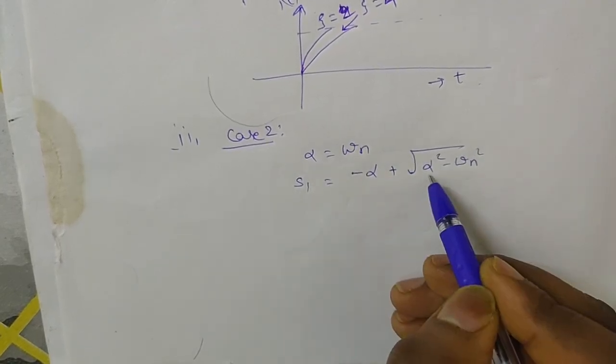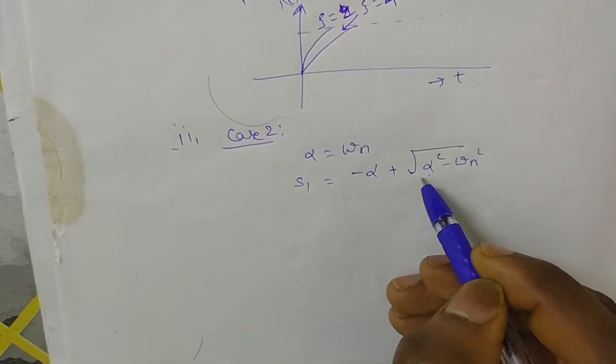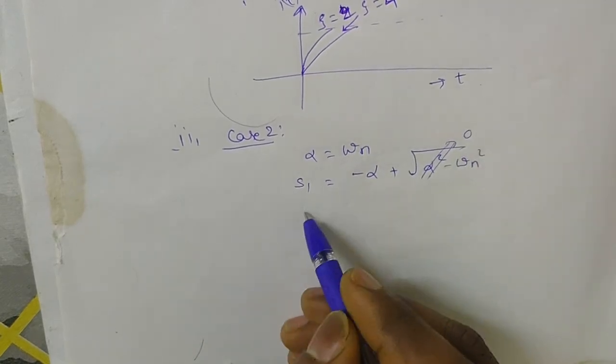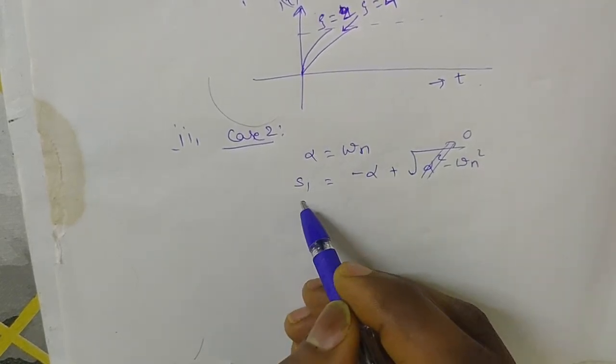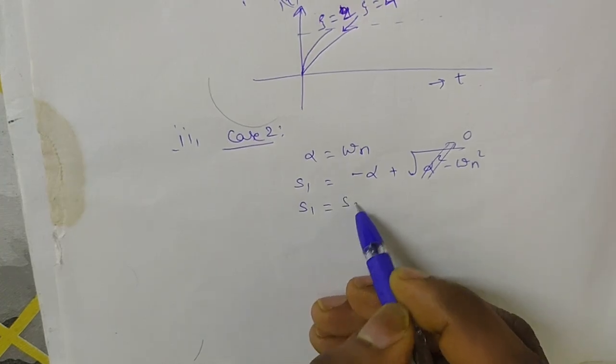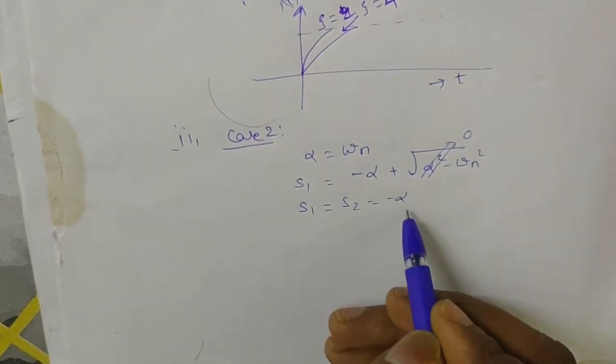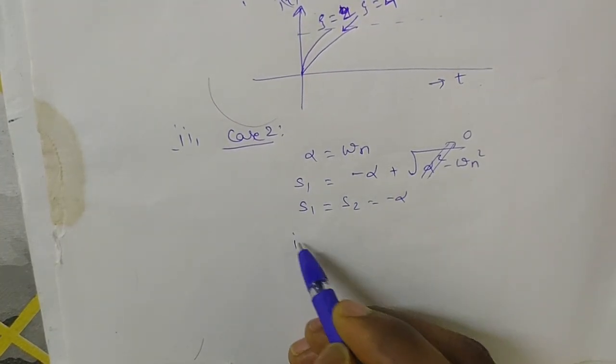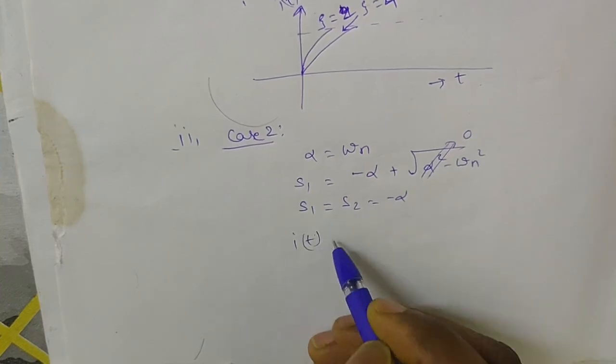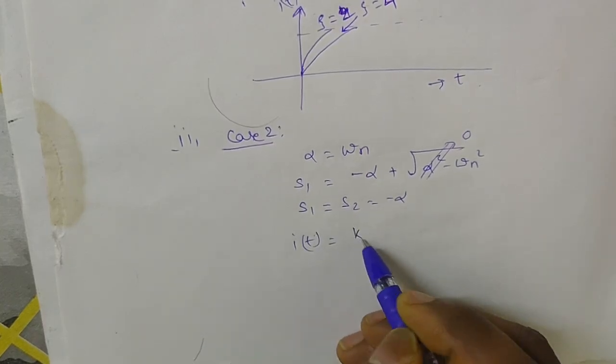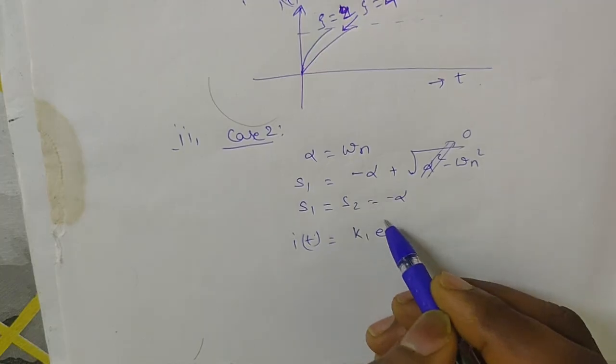In this, alpha is equal to omega n. If you put this value it will become 0. Therefore S1 is equal to S2 is equal to minus alpha. Both roots are the same. For this we will keep this S1 in our equation, k1 e power minus alpha